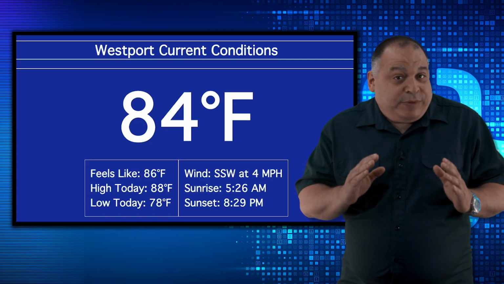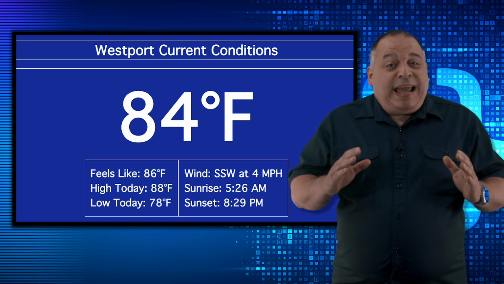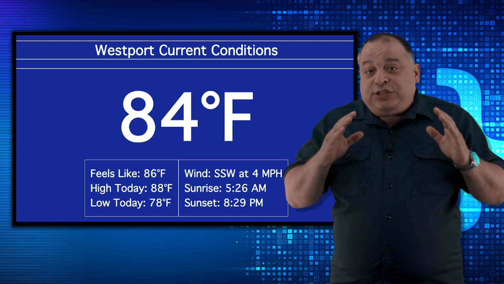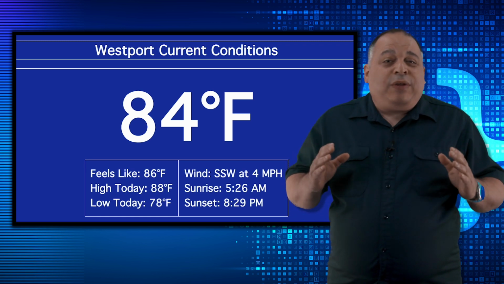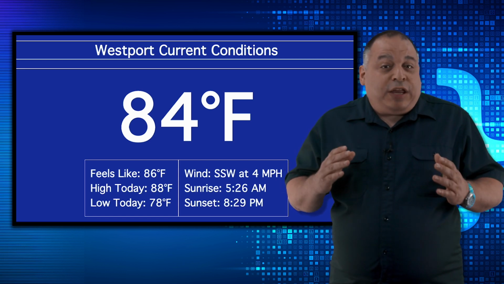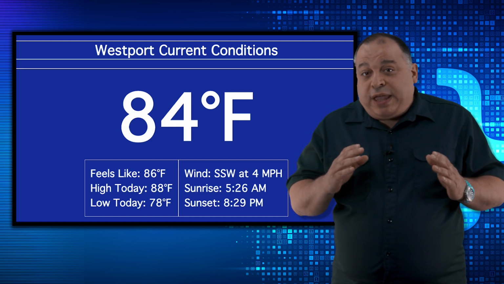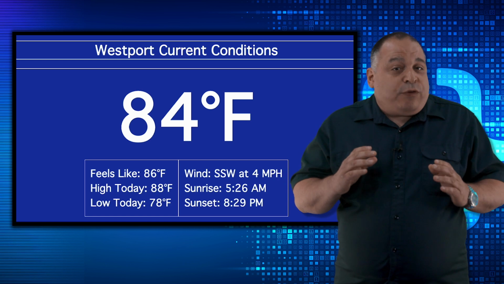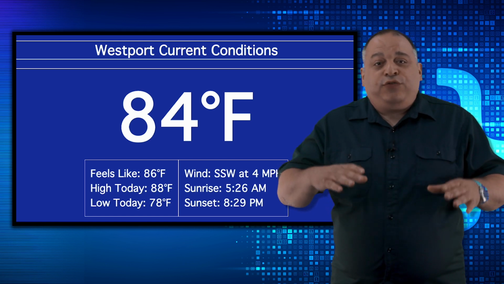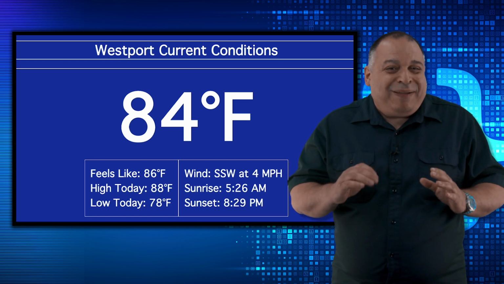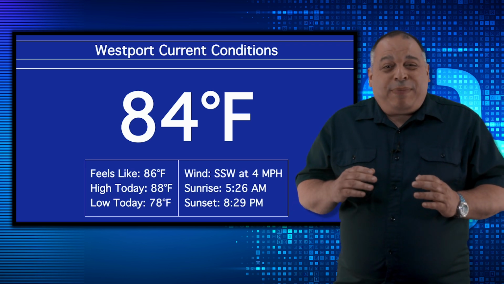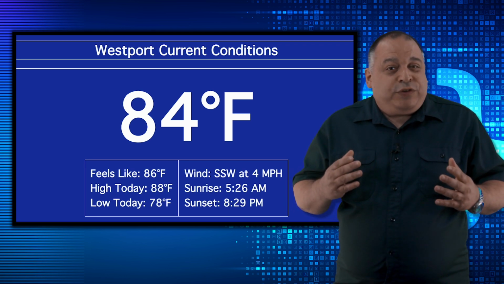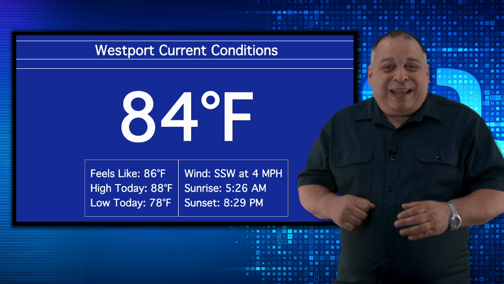Hello and welcome to Code Lab. I'm Mark. Today, we're going to be building an app that gets the current conditions for any location in the US. The application automatically detects the user's location and then uses that information to get the current weather conditions from the OpenWeatherMap API. The folks who run the OpenWeatherMap API are kind enough to have a free level of service, which is what we're using today.